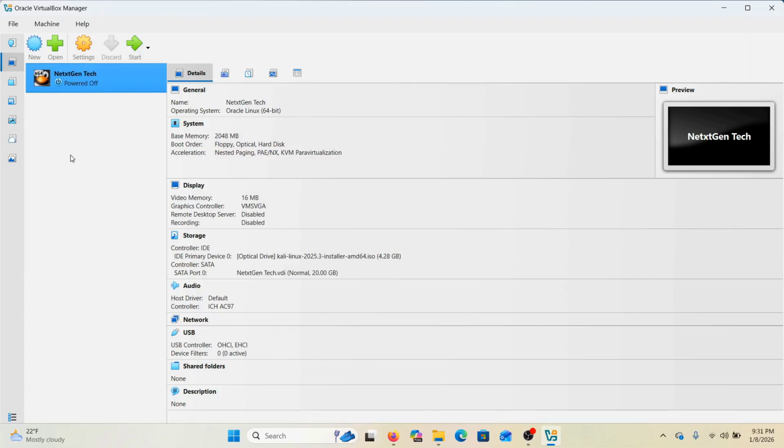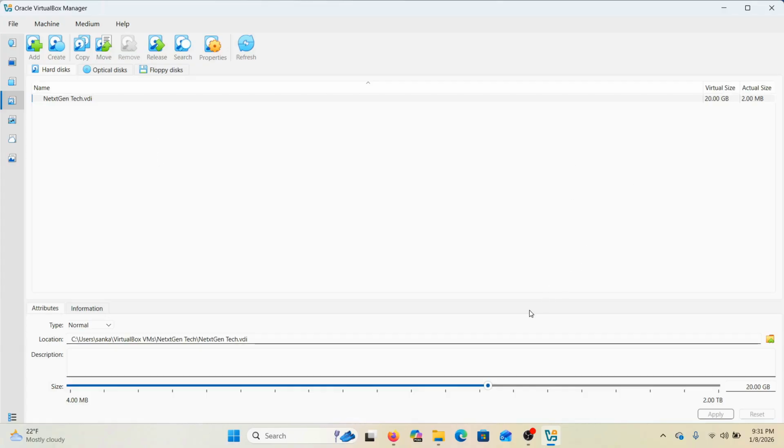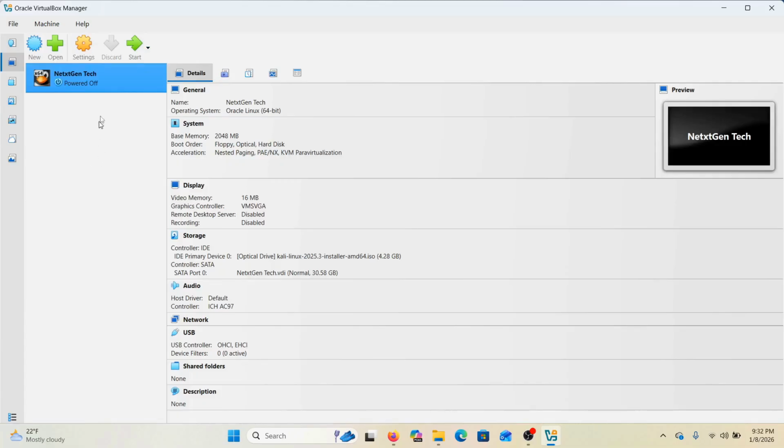Okay, and increase your Linux storage. Okay, click on file, tools and media, and click okay. Increase your file to 30. Okay, and apply. Okay, go to your file. Okay, and let's start. Okay,